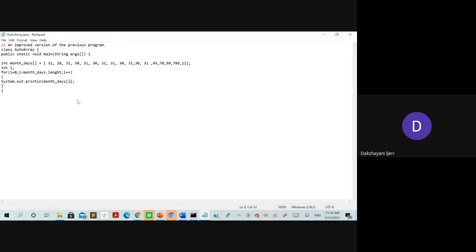You have to take the iteration variable here, because each time the iteration points to 0, and month_days[0] is nothing but the value stored in the 0th index. For the next iteration, i becomes 1, and month_days[1] will be considered, right? Likewise, this continues until i is less than the total length here.